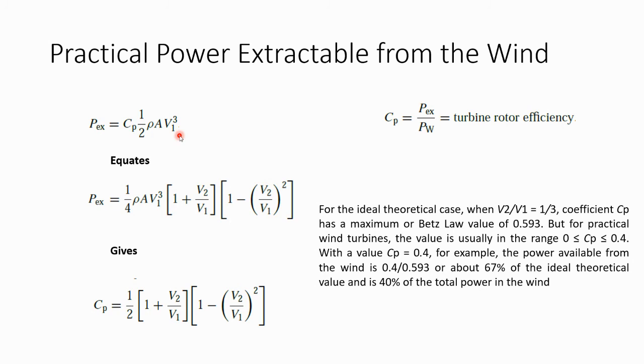But normally, as I've written here, normally CP is between 0 to 0.4. The maximum you can go is 0.593. And even when we have the maximum CP of 0.4, which is a practical value, okay, a practical value is 0.4, the maximum can go is 0.4. The theoretical